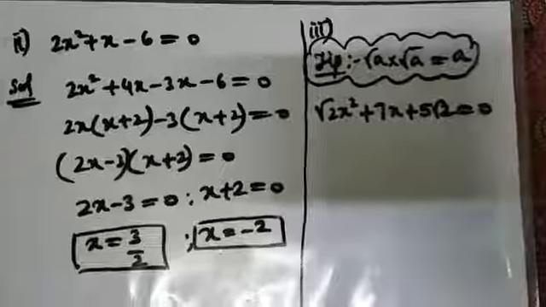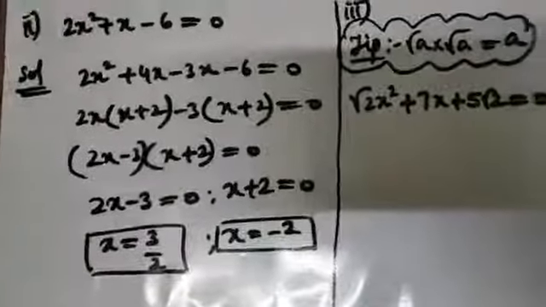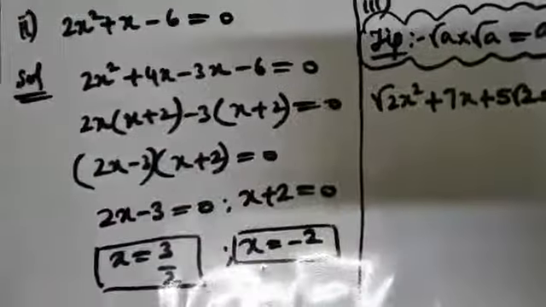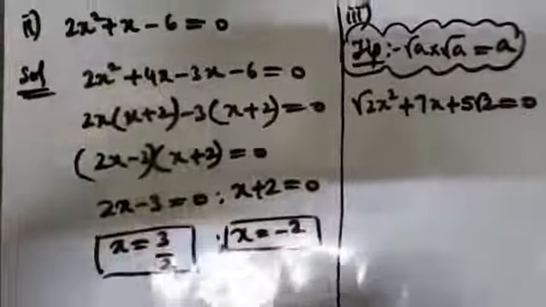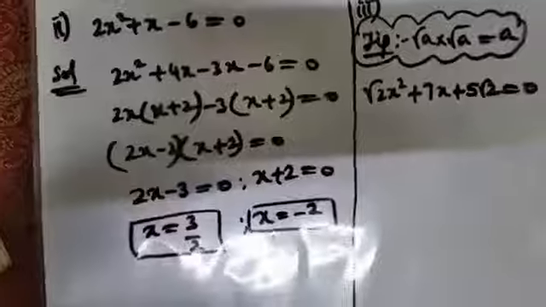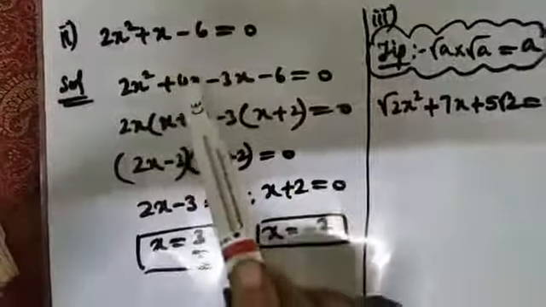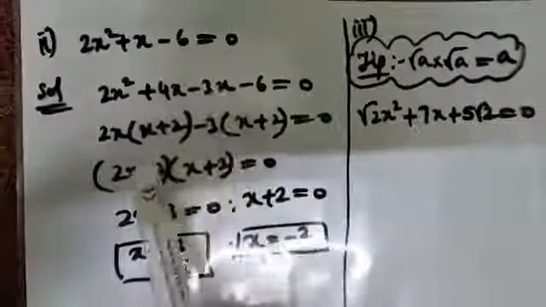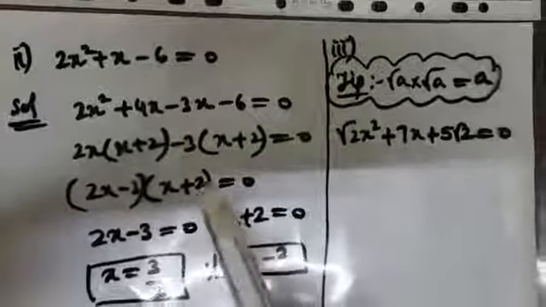Now let's do question number 1 of exercise 4.2 and second bit. Here you can see it is given that 2x square plus x minus 6 equals to 0. So as per the method of splitting middle term, multiply your extremes. 2 6s are 12, and based on the requirement of the middle term you have to choose the factors for 12x square. So this is how it will go. You try out and you cross check whether you are getting this or not.